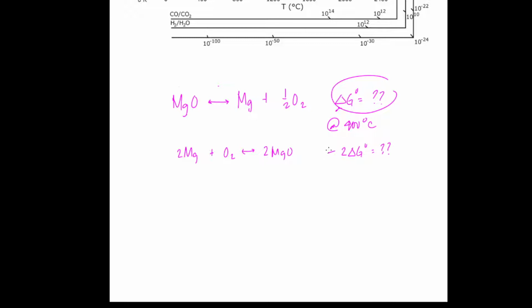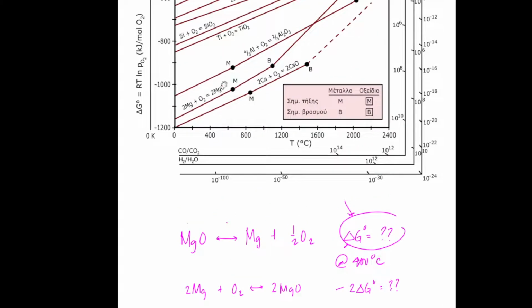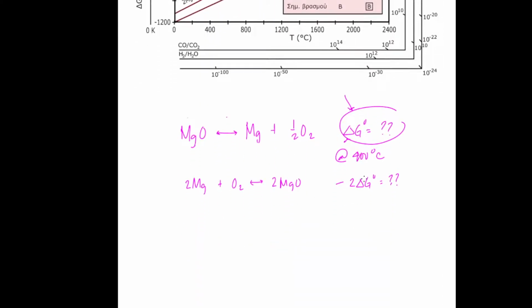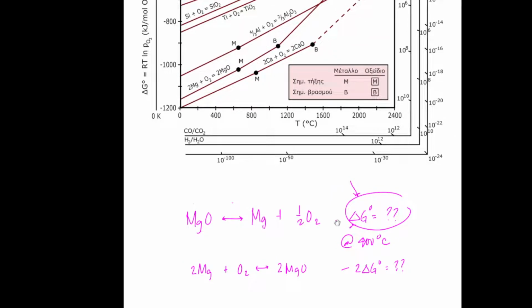So, whatever value na makuha natin sa delta G, i-divide natin by negative 2 para makuha yung value ng reaction na to. Okay? Kasi, ang makukuha natin from here is actually negative 2 delta G naught, whatever delta G naught this is. Alright? So, if we look at it,